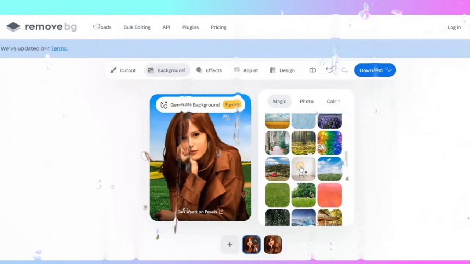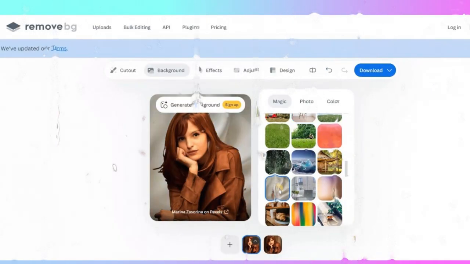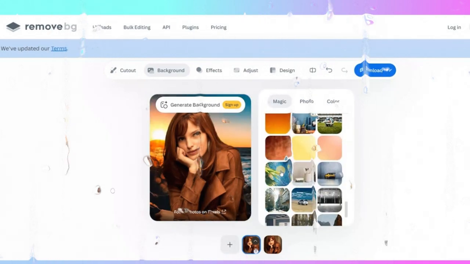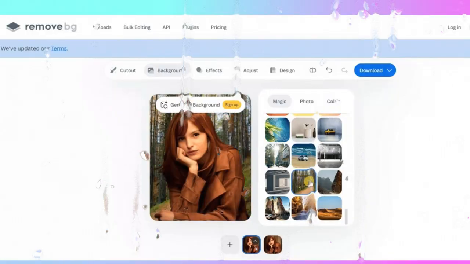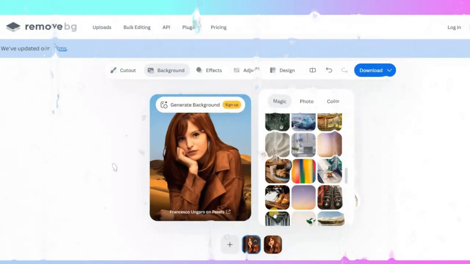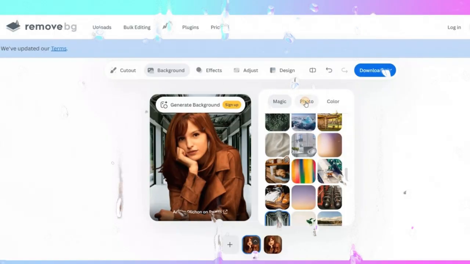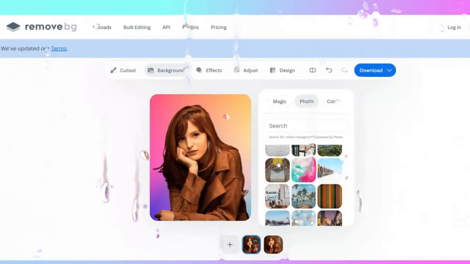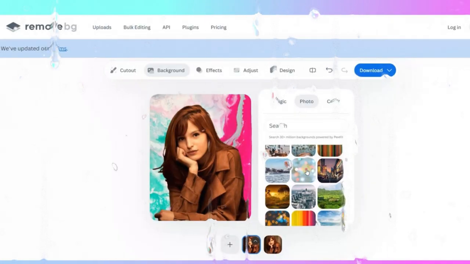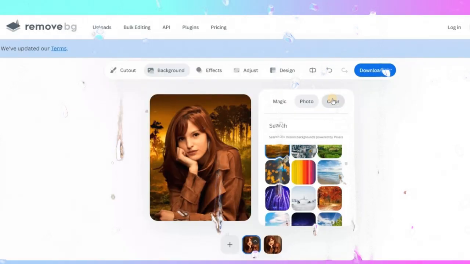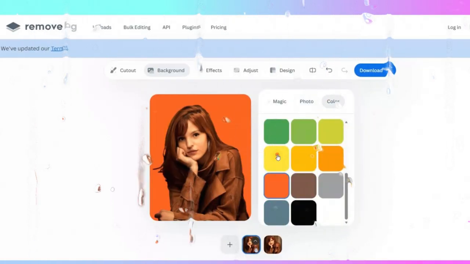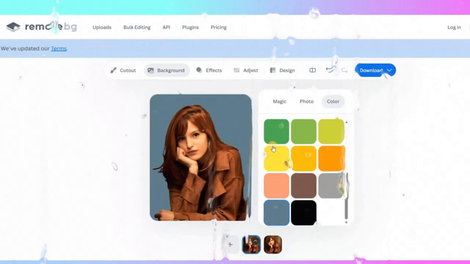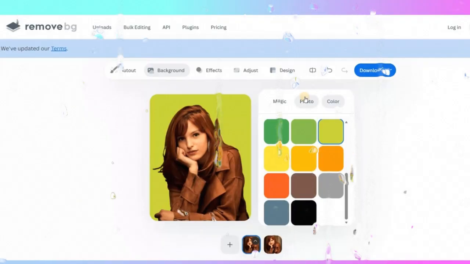So let's go through some of these and see which one to do first. Let's choose this one or this one, not the desert one. Let's choose this one. If you want to add a plain background, you can simply add these types of background. If you want a completely blank background, or a completely black background for any image, you can simply use this.